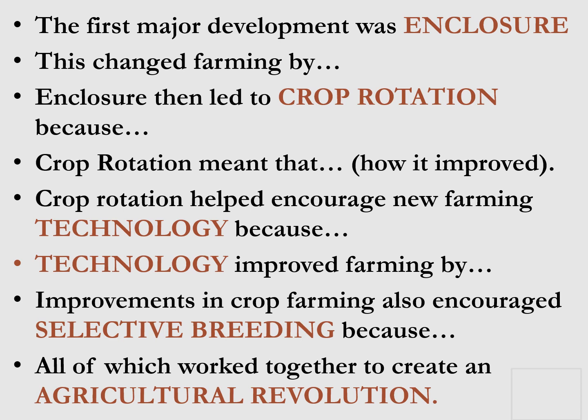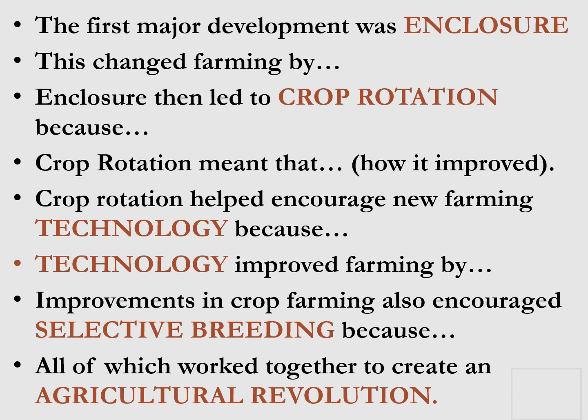You then need to add on the next sentence, crop rotation helped encourage new farming technology because, again, explain how this new method of farming then led to more technology being developed. Then your second sentence is technology improved farming by, that's pretty obvious, mechanisation, things were done faster. And then you move on to selective breeding, do the same process, how this improved, this then led to,